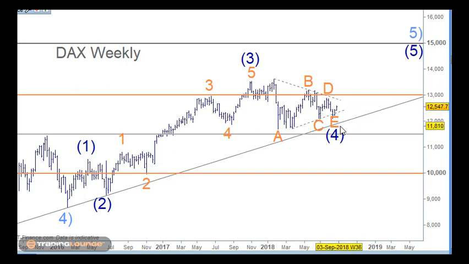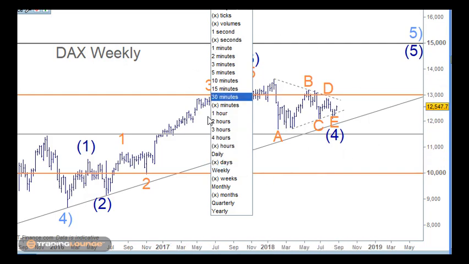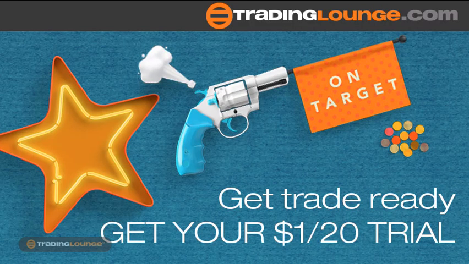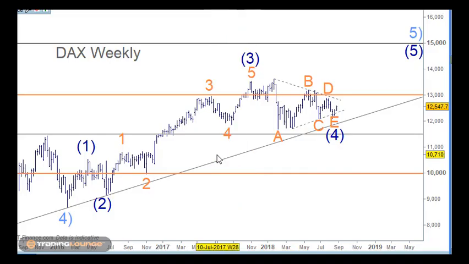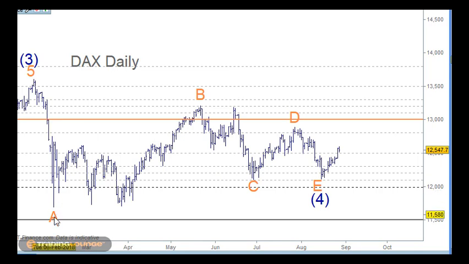But the main point is that whichever count I look at, we should be completed on this current low down through here. So just looking at the bigger picture on the daily chart, with wave 3 here, an A and a B and a C and a D and an E, and then we called this low in here, and we're starting to see this move up through here now, which is fantastic. There's going to be resistance here, of course, the resistance from this high to this low, the 61.8% mark. The trend line coming through here is also going to